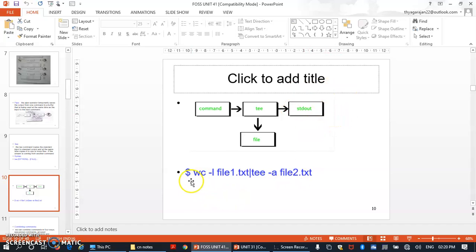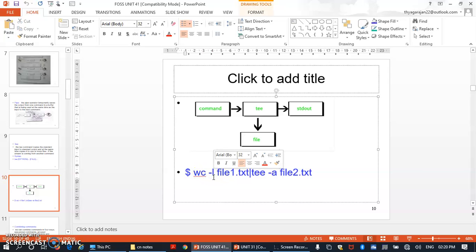Take for example wc -l. wc is a command for word count. So wc -l means to count a number